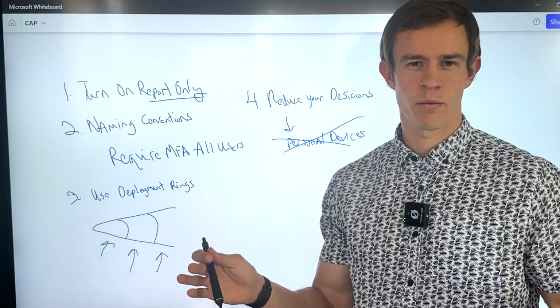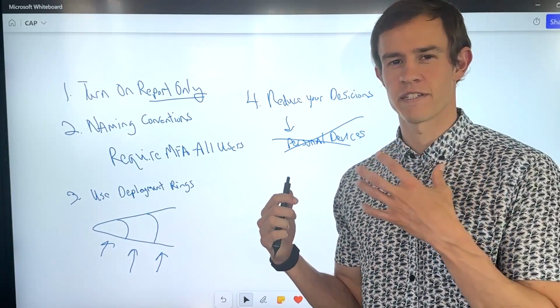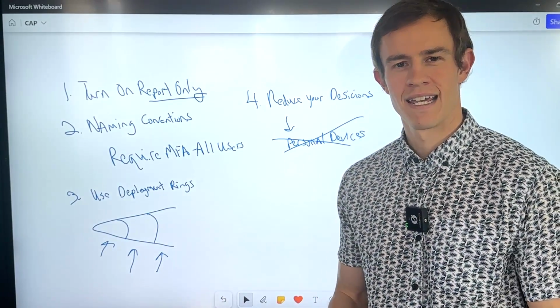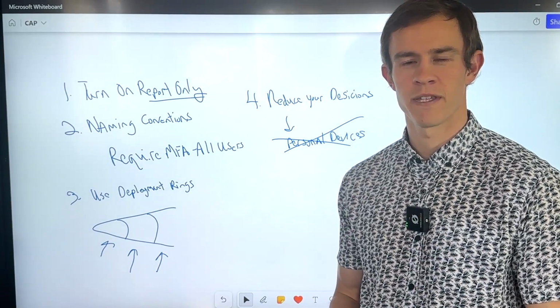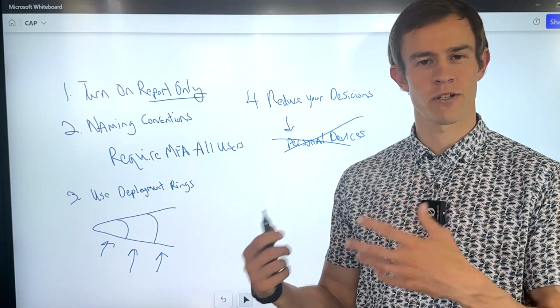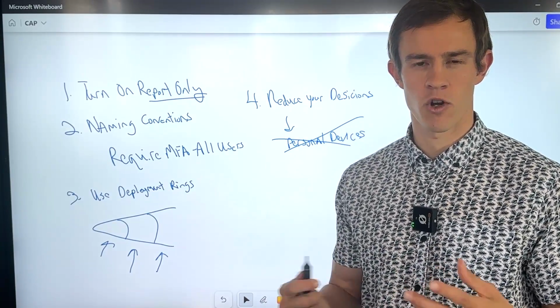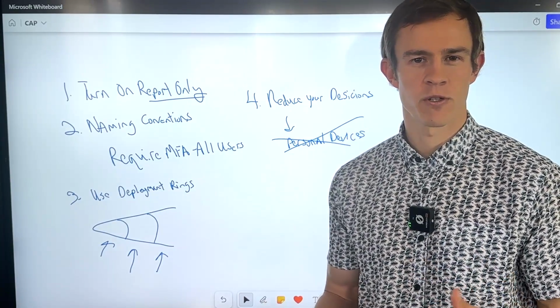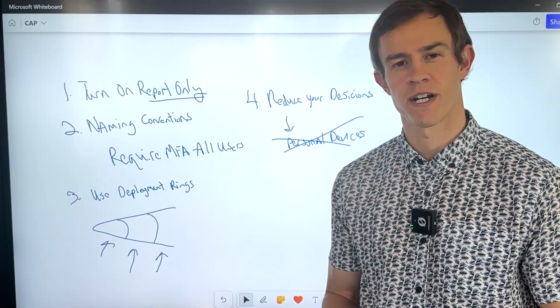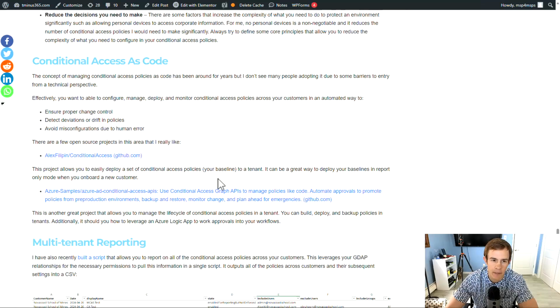Okay, so now that we have a better understanding of the baselines and some of these extra considerations, next I want to show you some of the ways in which you can start to leverage conditional access as code with PowerShell, and a couple of projects that are open source that I think are pretty cool in managing this across your customer environments. Okay, so the last main topic I want to cover here is conditional access as code, and